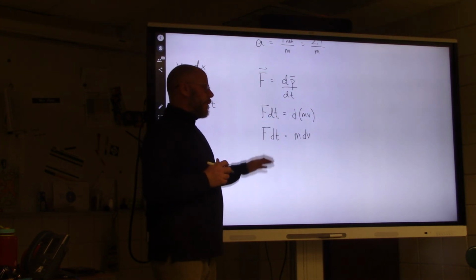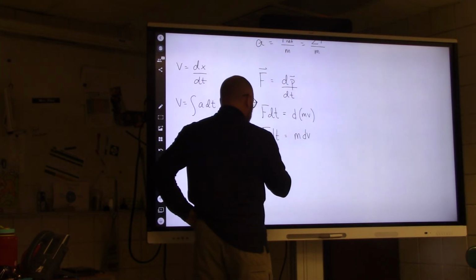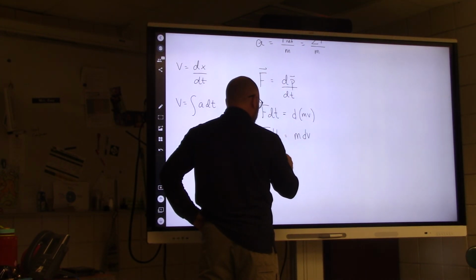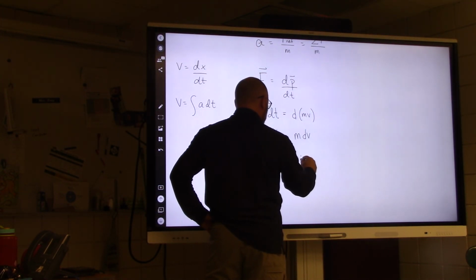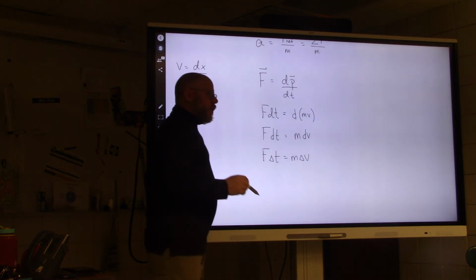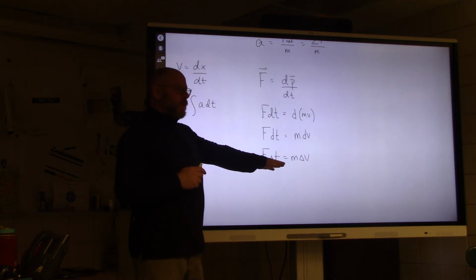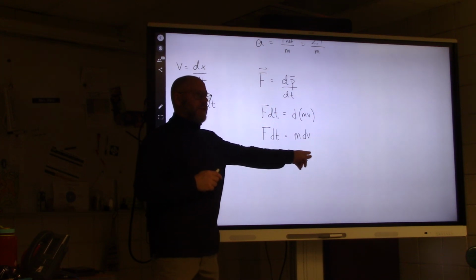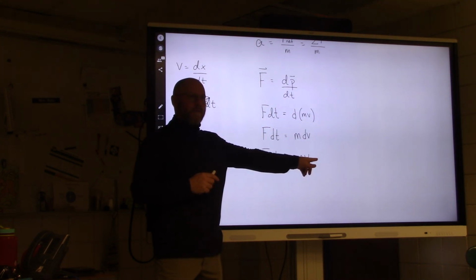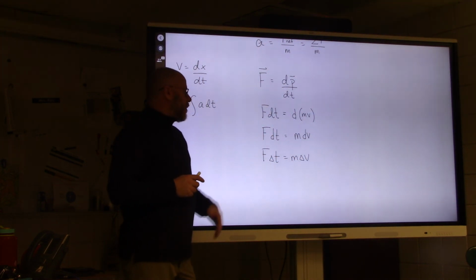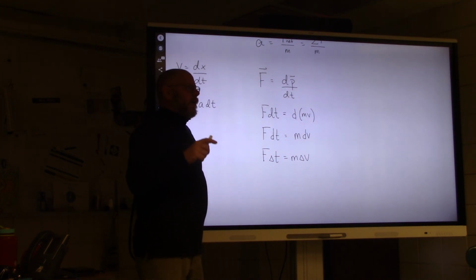I'm going to show you two different forms of this. This is also something that you may have talked about, which we call the impulse-momentum theorem. So the force times the time the force is applied is equal to the mass times the change in velocity of the object. This manifests in a couple ways that I think are interesting. If you're rolling up